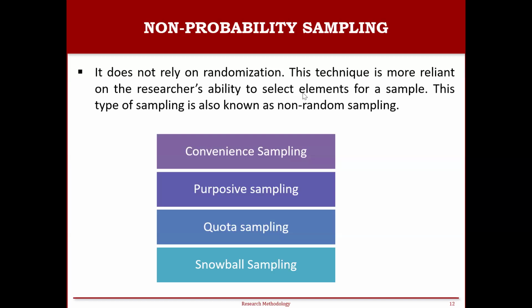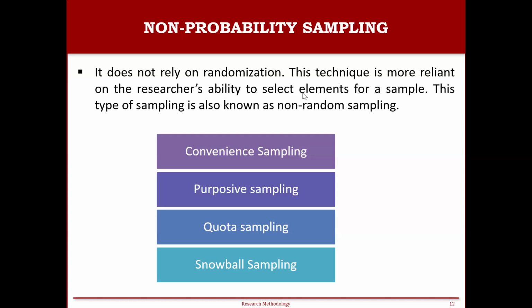This method is very useful and applicable when you are studying a very specialized group, but the sample may not represent the general population. That is the problem. But if you are going to study a very specialized group with very specialized requirements, and you have a very specialized purpose in your study, you can go for purposive sampling. But here also the selected individuals sometimes may not represent your general population, right? That is the only drawback we have.